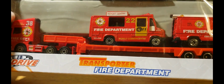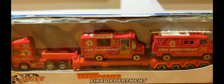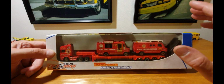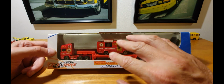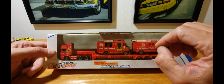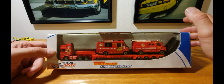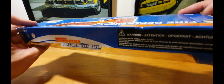Transport Fire Department. And the reason I bought this, in actual fact, it was an accidental buy. I seen it on one of the local for sale sites, and the person didn't live too far from my house. And on looking at it through the camera, so to speak, or looking at a picture, it looked like Majorette, and I didn't see all this. And it wasn't until I got there that I realised that it wasn't Majorette. But I bought it anyway, because I think I only paid something like £2 for it. It wasn't expensive. But let's see if we can get it open